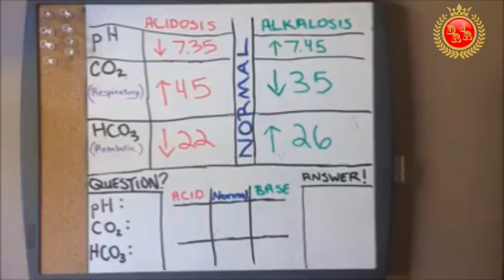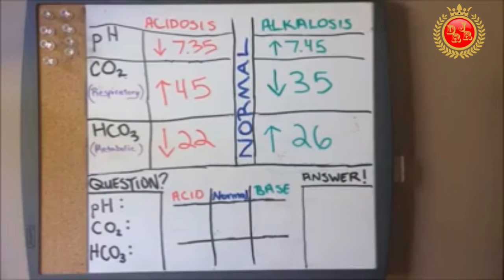All right, guys. Now, before I get started here, I just want to let you know that this isn't going to be a very extensive overview of how the kidneys work to maintain our bicarbonate balance, or how the lungs work to maintain the CO2. This is going to just help you understand how to calculate ABGs